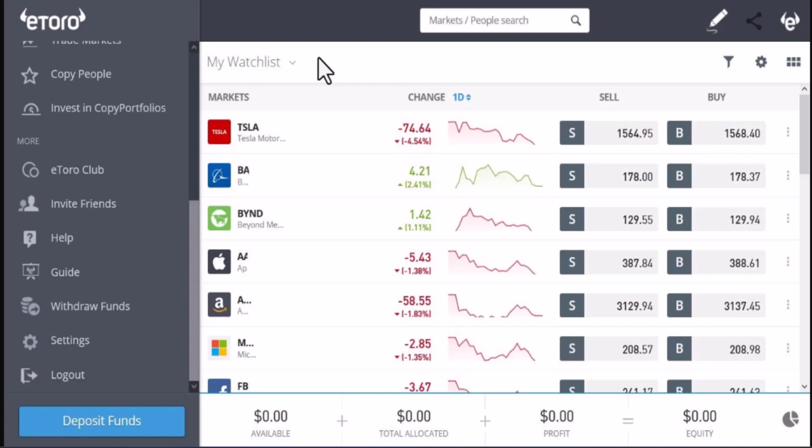In this following video, I'm going to show you how you can delete Etoro account. In order to delete your Etoro account, it's a very simple process. So first thing first, make sure that you are logged into your account and also make sure that you have a stable internet connection. Now that you're logged into your Etoro account, scroll down in the left hand side bar